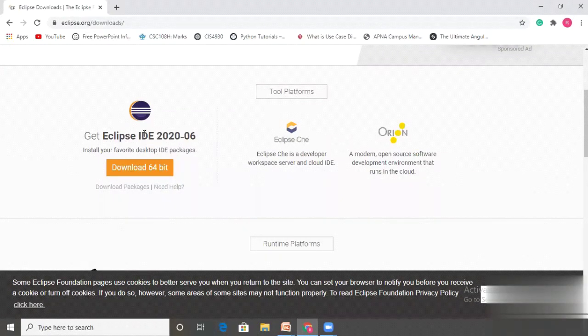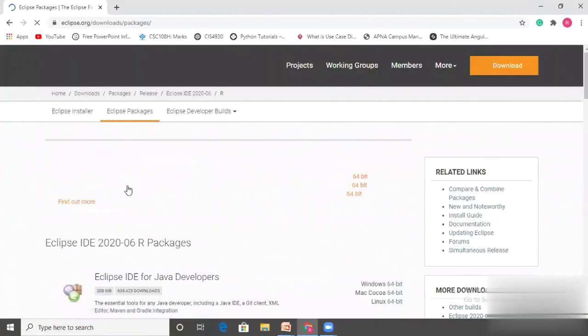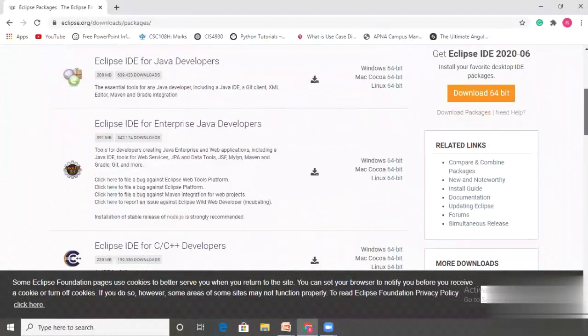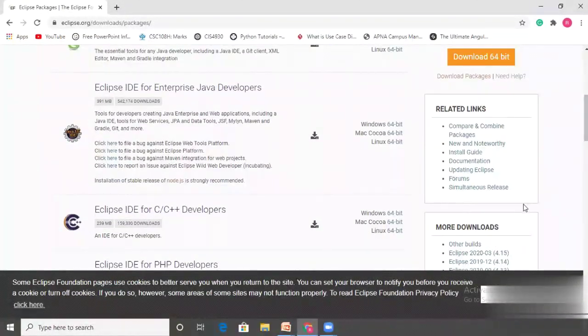But instead of going to download 64-bit, go to download packages, because it is important which flavor of Eclipse you choose. When you go to this link, you find so many flavors of Eclipse here.